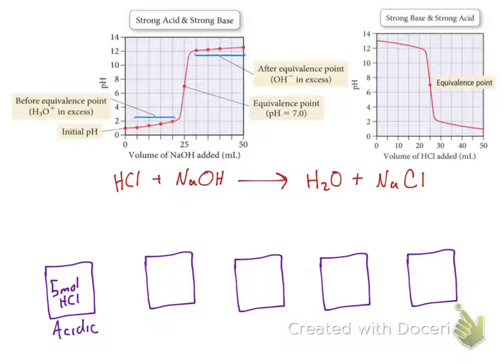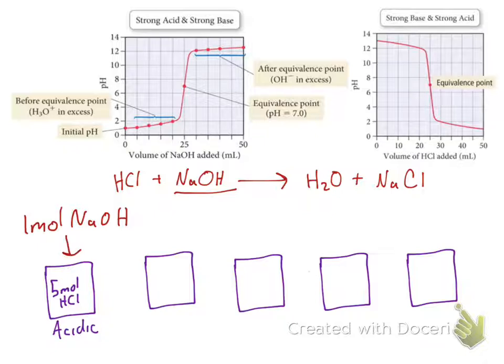So let's say that we have an unknown concentration of hydrochloric acid, and let's just say that it's right here. Now, I know I put 5 moles there, but we're going to pretend we don't know it's 5 moles for now. Well, what we can do is put a known concentration of base within the acid. So again, there's 5 moles of acid inside of this beaker, but we're going to pretend like we don't know that. So let's say that we put 1 mole of sodium hydroxide